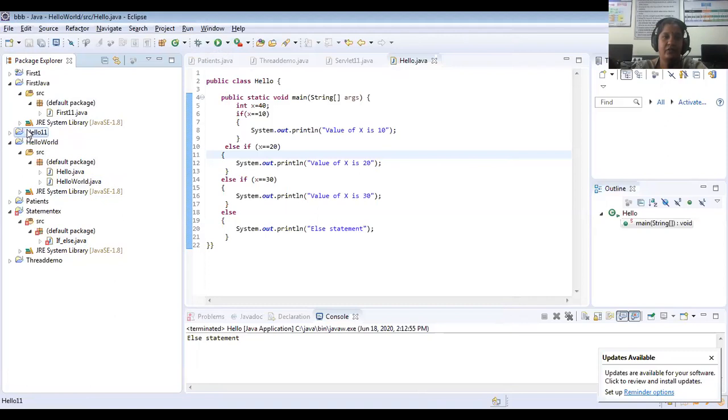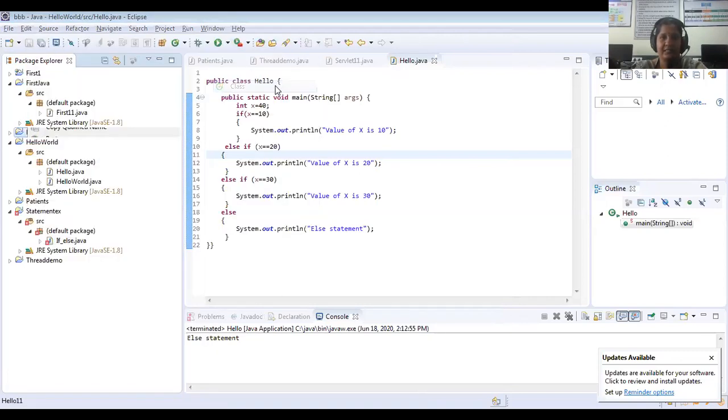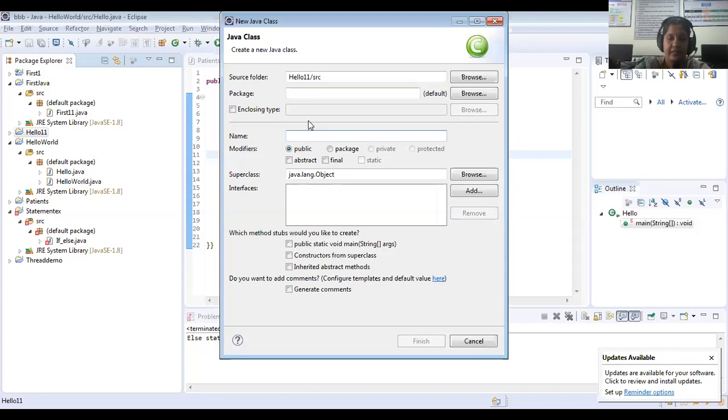So now I have to create a class for this. New, you see here, class. I'm giving the same name. I told you the first letter of the class should be capital, hello 11 only I'll give. I told you, if you don't want to write public static void main, you can click this and automatically it will create it, otherwise you have to write it.